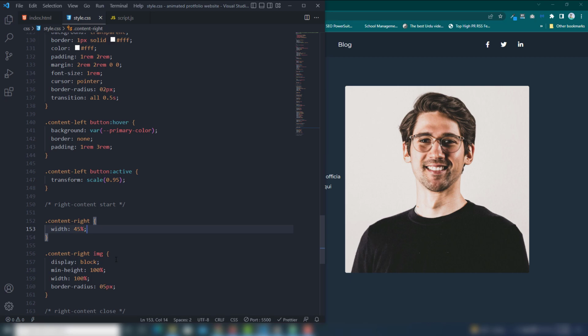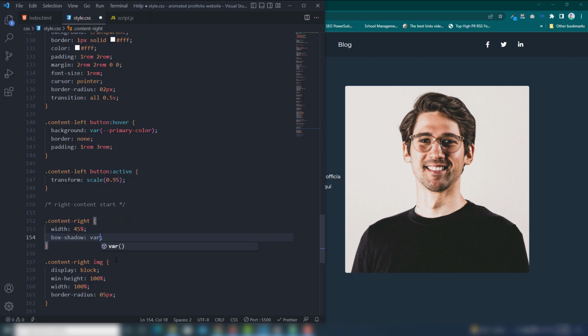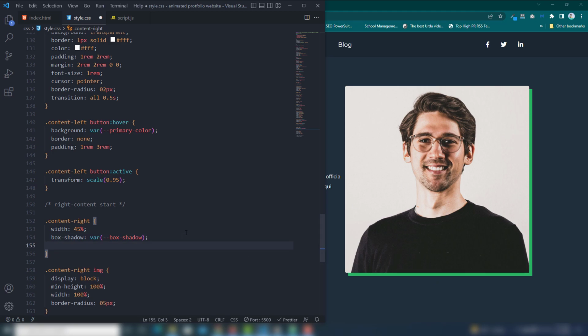Then I call the box shadow over, and this is the box shadow, right? As you can see, I have a box shadow. Also we need to add the same border radius because I have used the border radius in the image section. So save, as you can see. So I think everything is perfect on there.